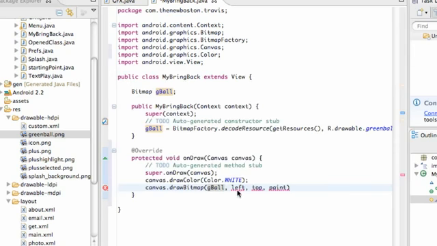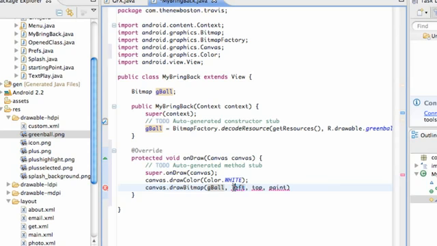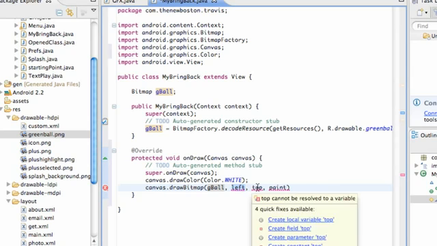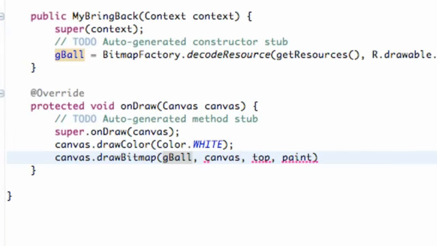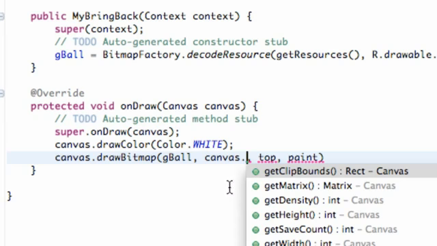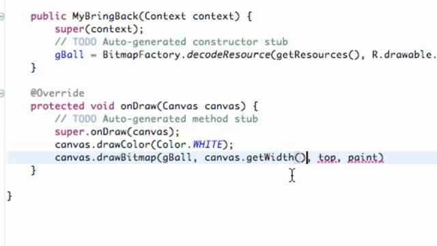But first, this is the width, so we want it in the center. What we can do is grab the canvas size, because the canvas takes up the whole width, and we can hit dot and say getWidth right here, and that's going to return the value of the pixels of the whole width that's available to us. So let's put that whole thing in parentheses,